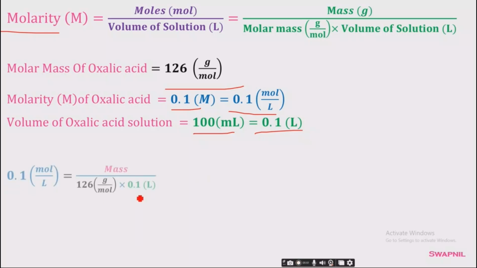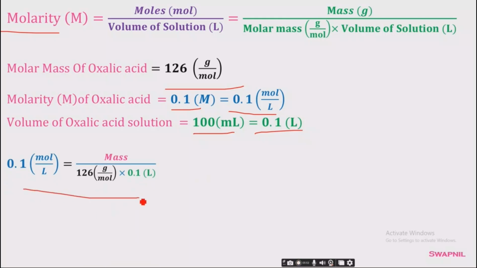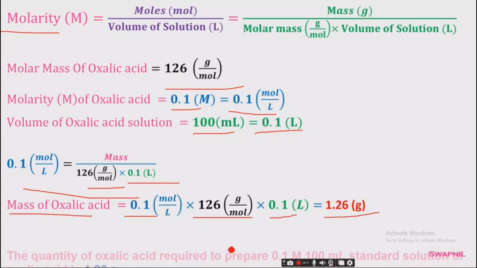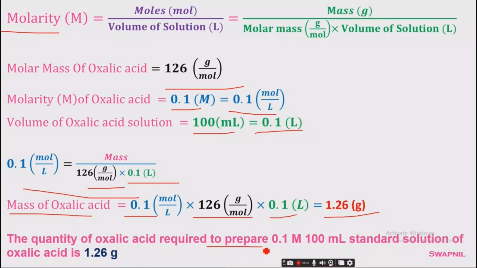So by substituting these values, we get 0.1 mole per liter is equal to mass divided by 126 gram per mole into 0.1 liter. So by rearranging the equation, we get mass of oxalic acid is equal to 0.1 mole per liter into 126 gram per mole into 0.1 liter, that is equal to 1.26 gram. So the quantity of oxalic acid required to prepare 0.1 molar 100 ml standard solution of oxalic acid is 1.26 gram. So next are the short answers